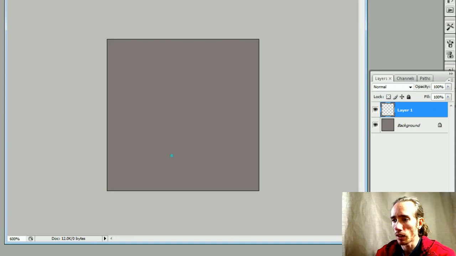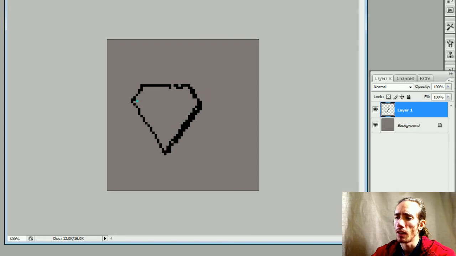Basically I'll start with a black color just so that I can get the general shape. Basically it's something like that, and then I'm just doing the common diamond shape that you expect to see. So anyways,